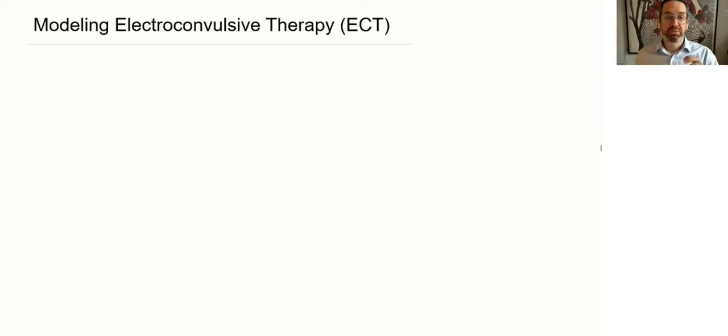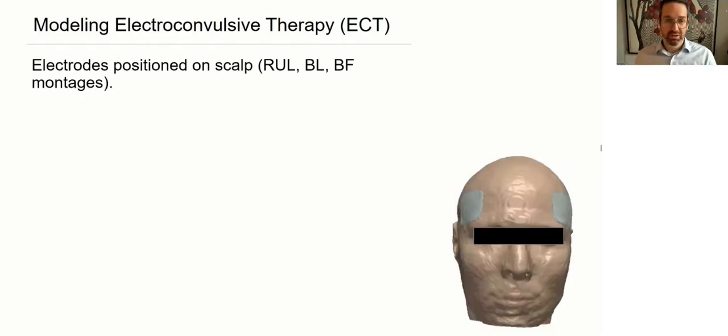And the story really begins not with transcranial direct current stimulation, but with a different technique called electroconvulsive therapy that, again, would be something very familiar to this audience. ECT begins with positioning electrodes on the scalp. There's certain classical montages that are used: right unilateral, bilateral, bifrontal. So this is non-invasive electrical stimulation. But that's really where the